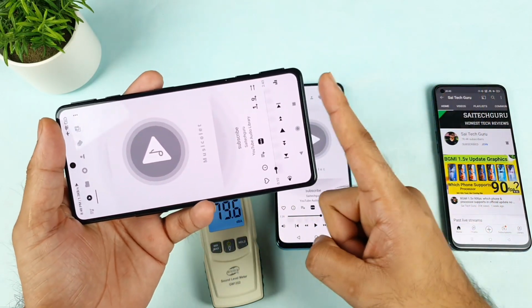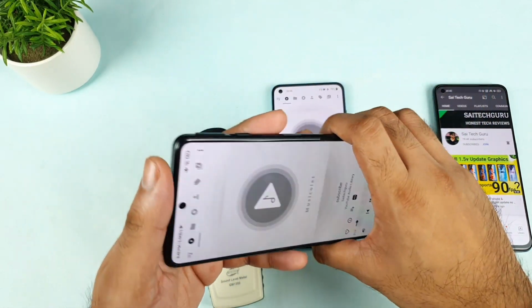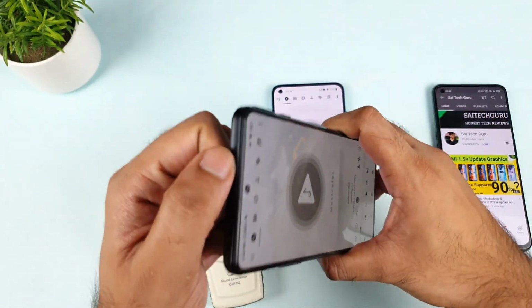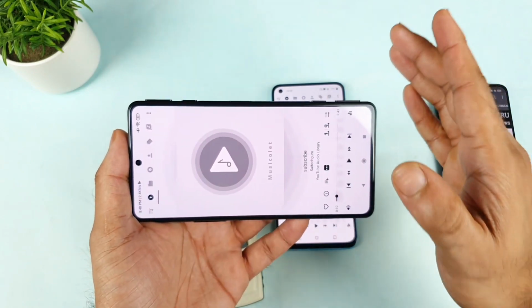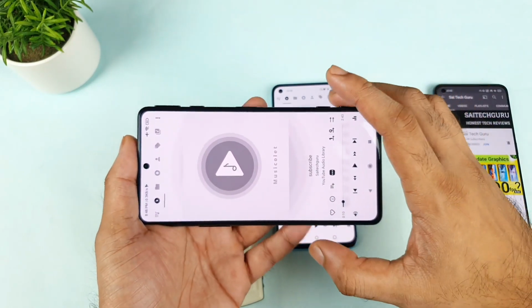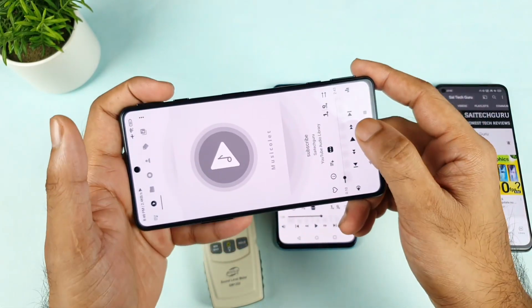One thing is that if you try to block the bottom speaker, I think 90% of the volume will be blocked. But if you try to block the top speaker in this kind of grille, the volume will not be blocked. I think only 40% of the volume will be blocked, 40 or 50%. From somewhere the volume is coming outside. Yes, that is what I did observe right now.